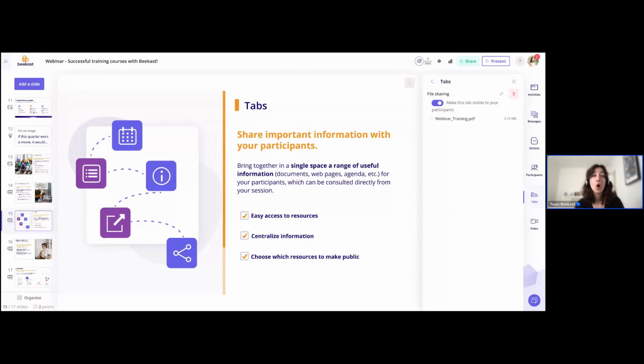So if you want to get all of the slides that I'm sharing with you today, you can go ahead and click here and it will automatically download the slides for you. Now, this is something that I have made visible to my participants, but as a facilitator, I have the ability to make certain tabs invisible to my participants. So if I were to click here, as you can see, this now is something that will no longer appear